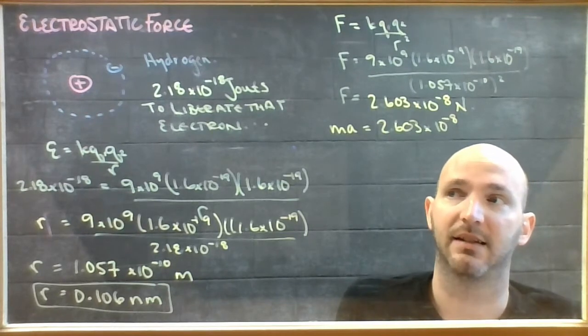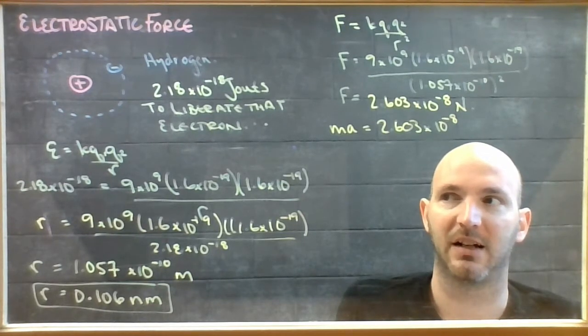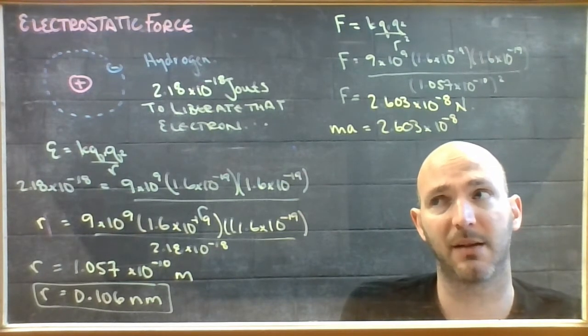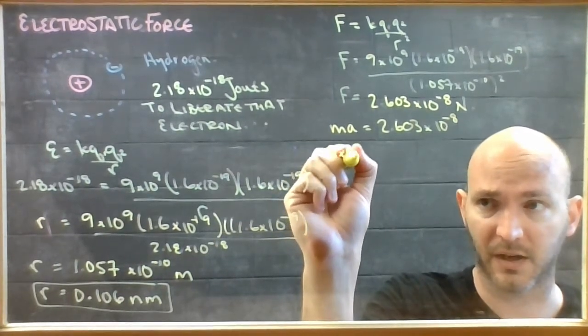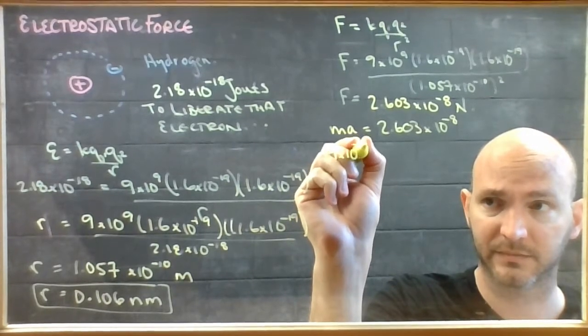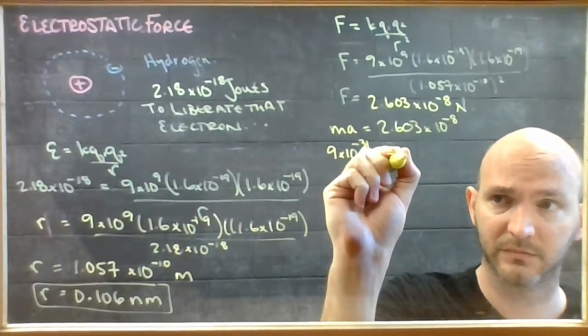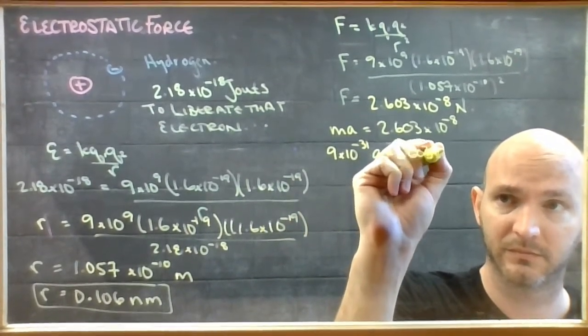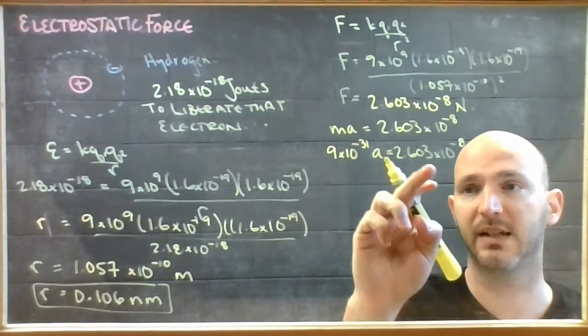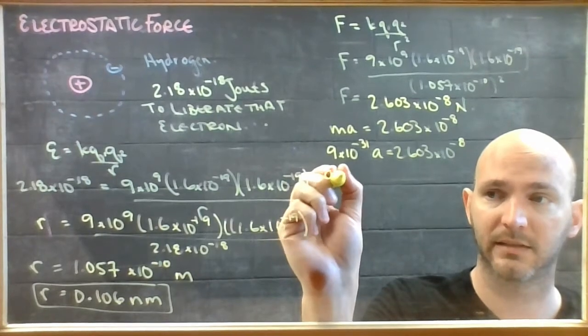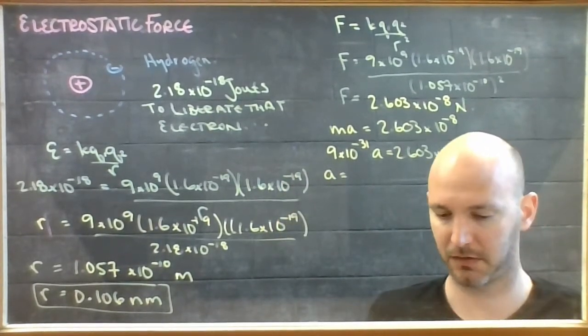Except that that electron has a mass of 9 times 10 to the negative 31. So let me park that in there. Negative 8. So if I divide this by that mass, I get